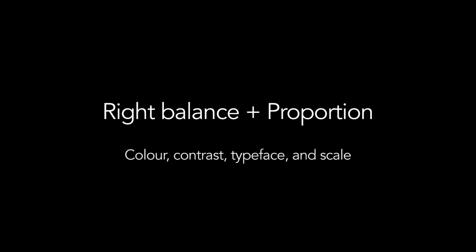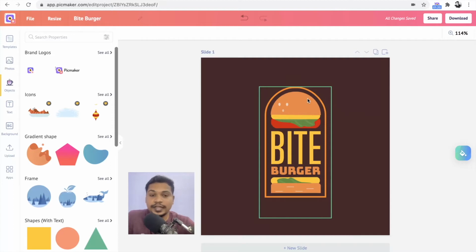Designing a logo with the right balance and proportion is key to appeal to people's senses. This essentially refers to the distribution of elements in a design to create a visual appeal. Not all design elements need to be distributed symmetrically, but it's important that color, contrast, typeface, and scale are balanced and have an equilibrium. Proportion is the weight of each element that's part of a logo. Striking the right proportion will give it a wholesome look. If you look at this logo, it incorporates balance and proportion to give it a professional, wholesome look.